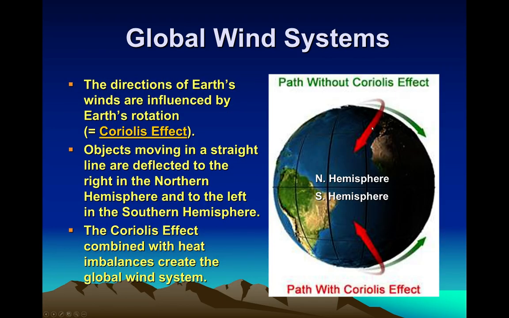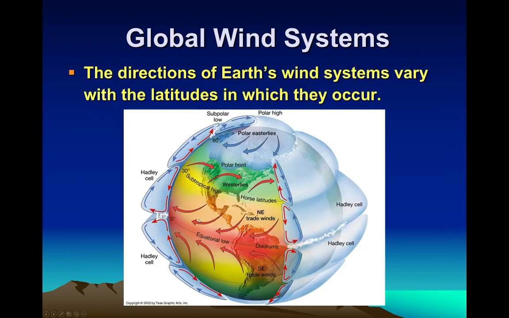Then the apparent movement gets deflected, and we've already talked about the Coriolis effect a bit, but I encourage you to look over it again, maybe look up some animations or something online. I'm sure there's plenty of those on YouTube that would be very enlightening. So the air gets deflected to the side, and this creates a much more complicated wind system where at the poles we have things moving away from the pole, but also spinning kind of in this direction as the